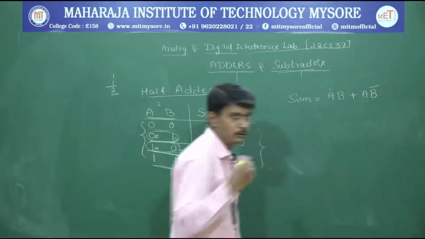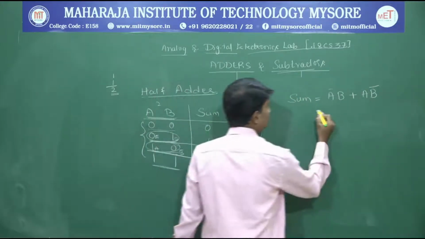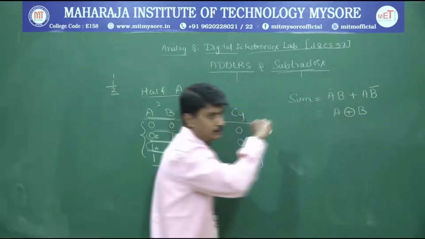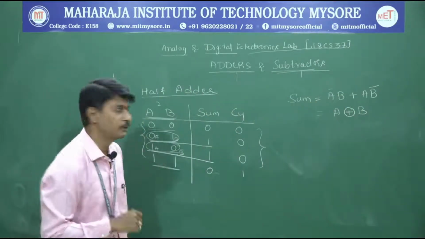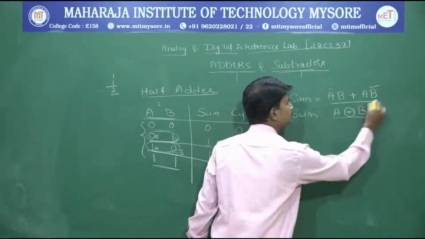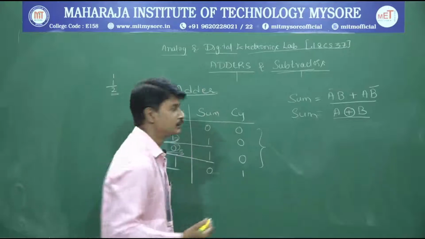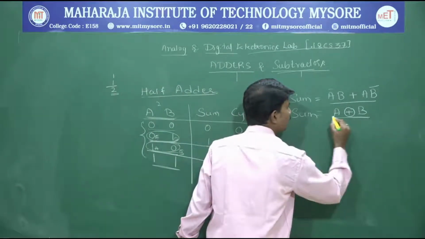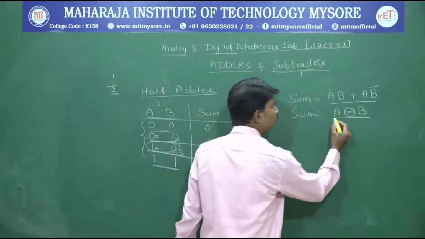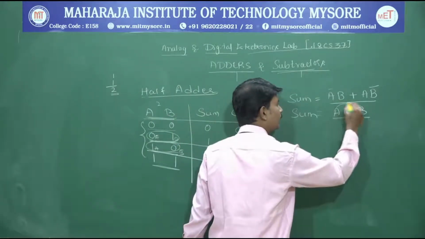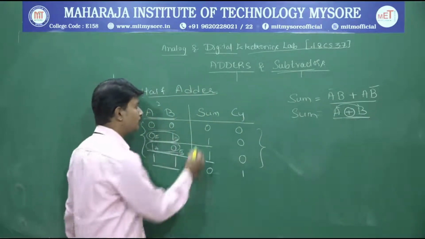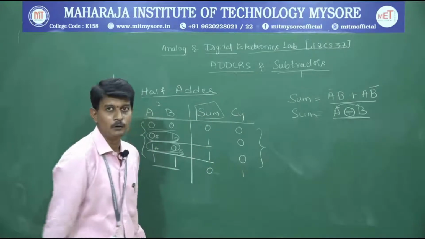So this is nothing but, we know that it is just an XOR operation, that is nothing but an exclusive OR operation. So this is the same as this thing. Now I can say that the sum has the expression saying that in order to implement a sum part in your digital logic circuit, I just need an XOR gate and I have to do an XOR operation between the A and B variables, so that I am going to get a sum output.